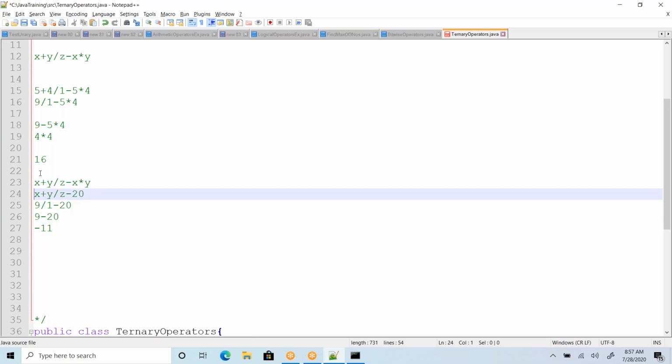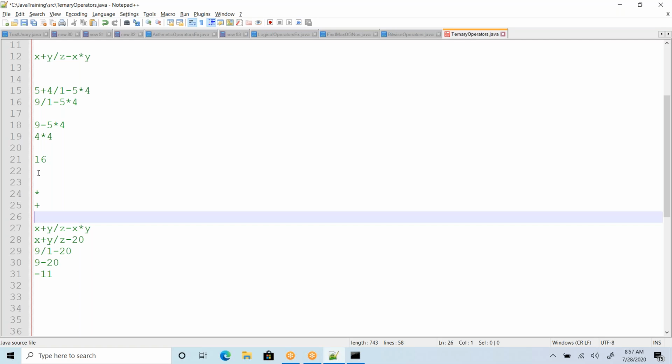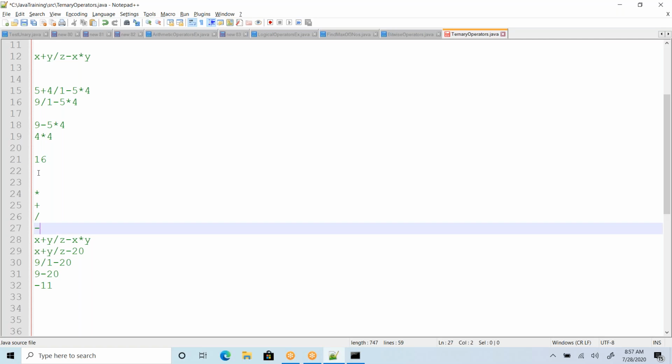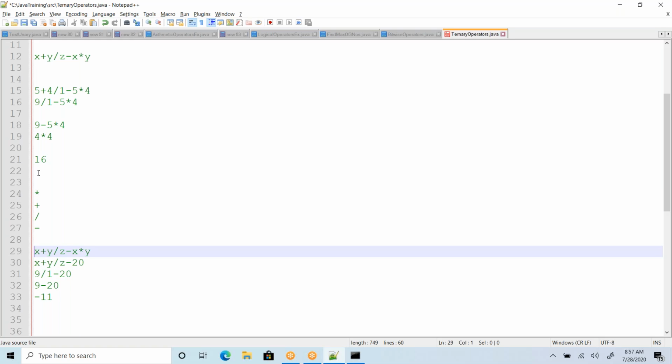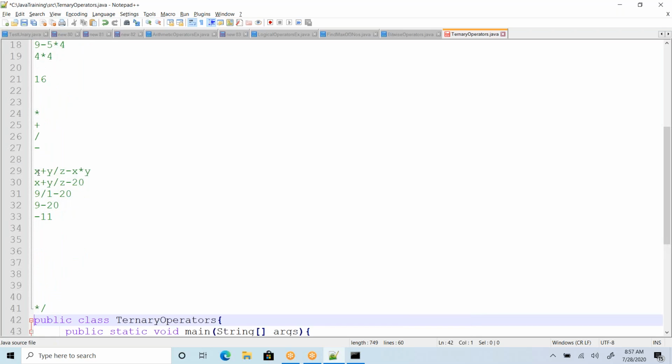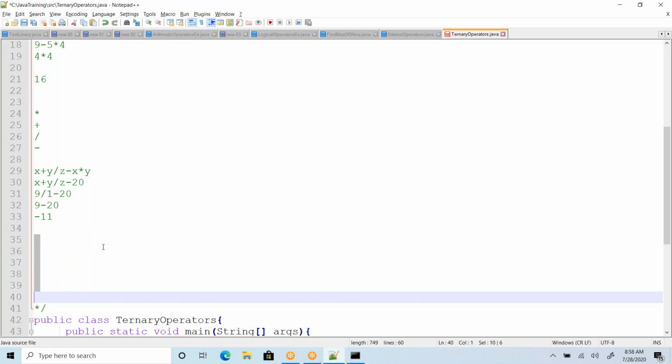So here star gets higher priority, then addition, then division, then subtraction. Based on these priorities you have to evaluate, so that you get to know the exact output. I will share the operator precedence chart. Just follow that and evaluate this.